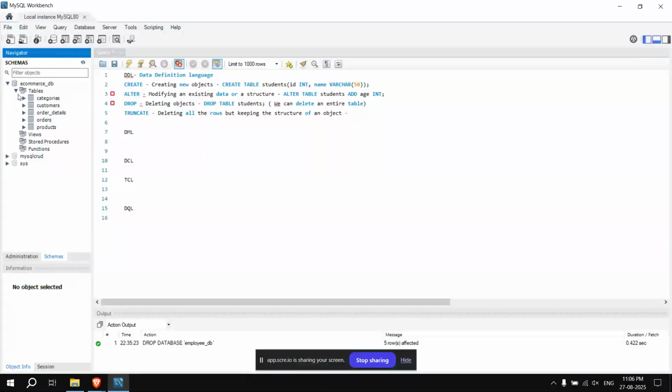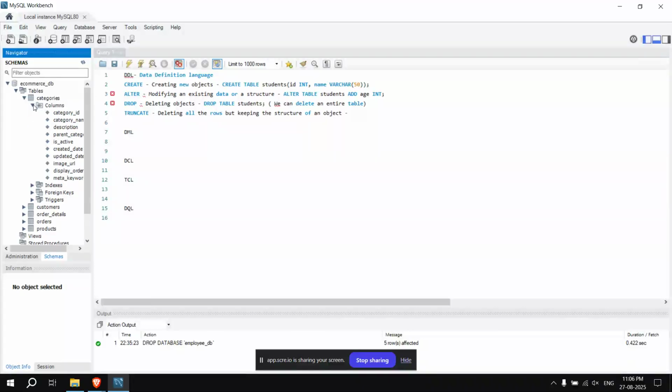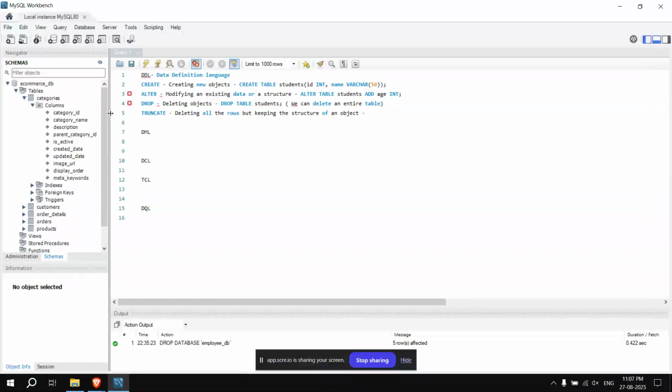These tables are the objects: categories, customers, order details, orders. These are all the objects. Each table has some rows and some columns, and each column should have data and rows with respect to their data values.